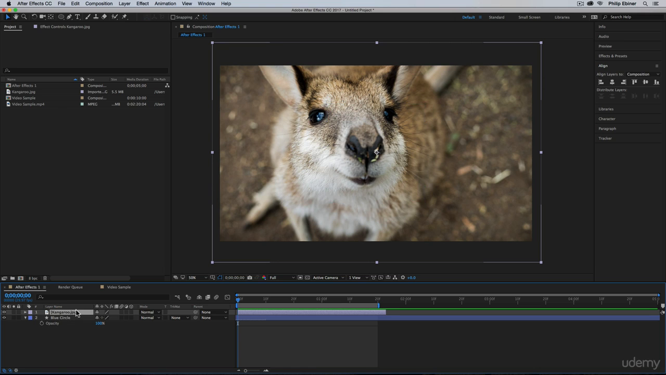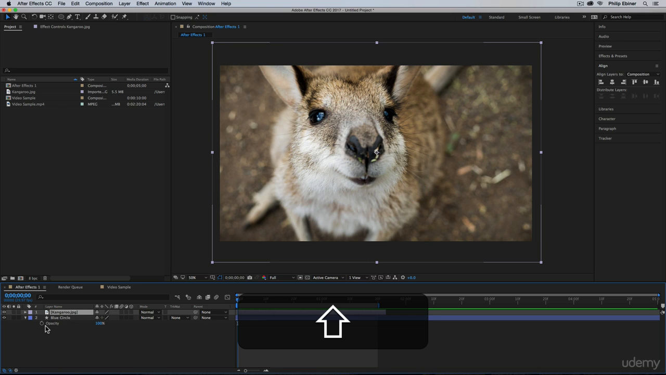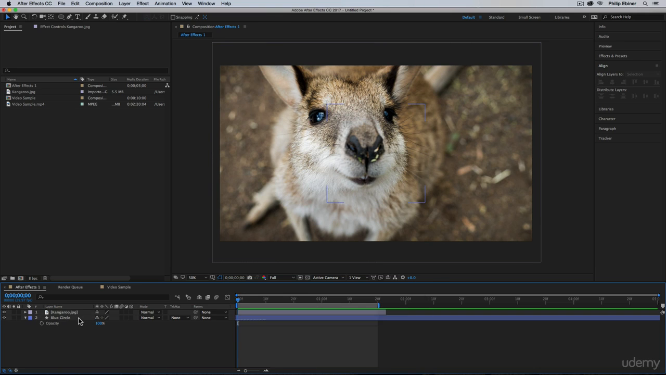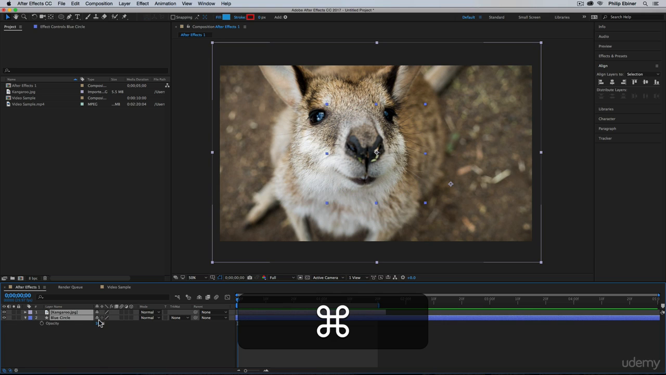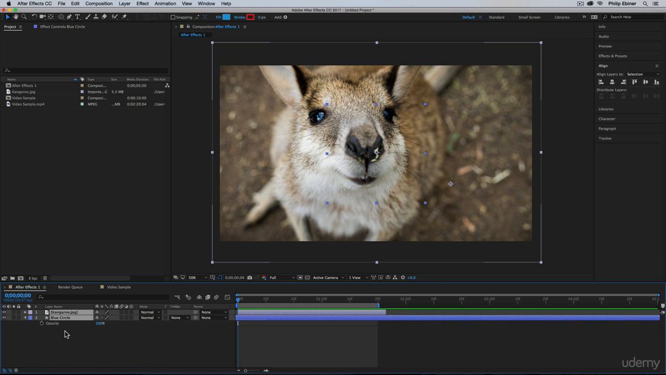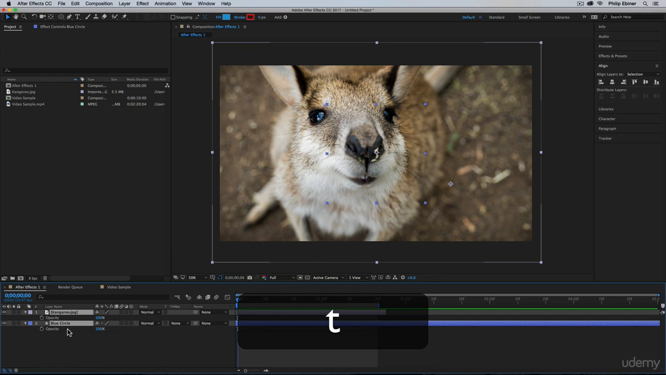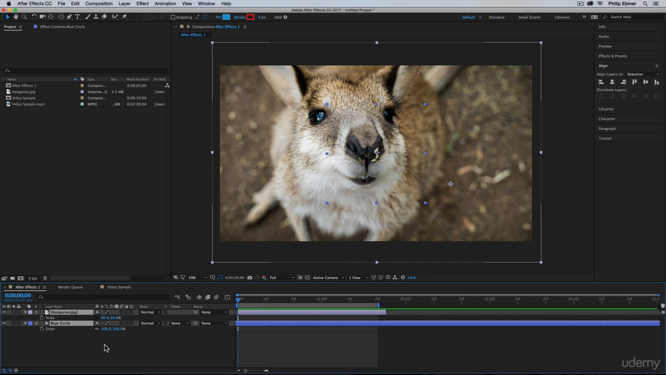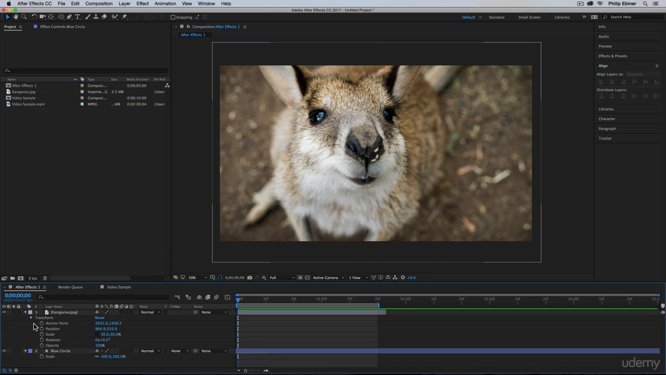You can also select multiple layers in your timeline by shift clicking them or by control clicking them or command clicking on a Mac. And then you could bring up any of the properties together. So scale, T for opacity, A for anchor point, and so on and so forth. So if I drop this down and open it up again for the kangaroo image, we've gone through all of